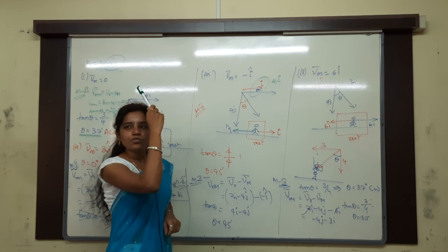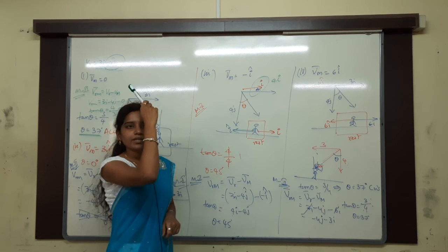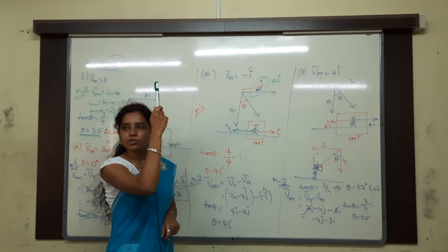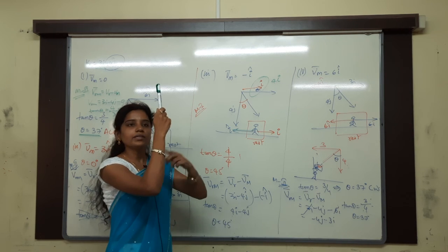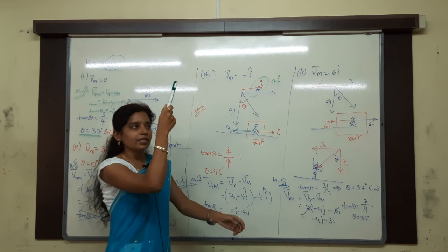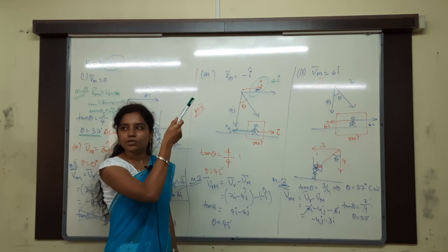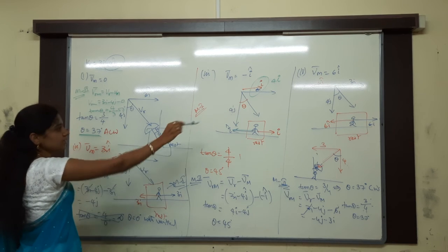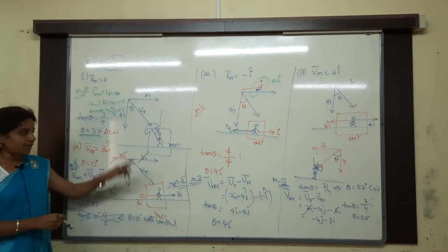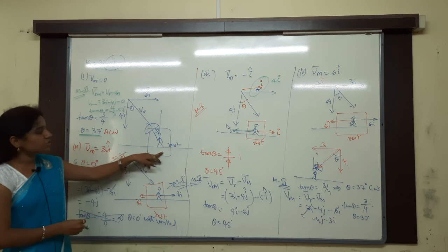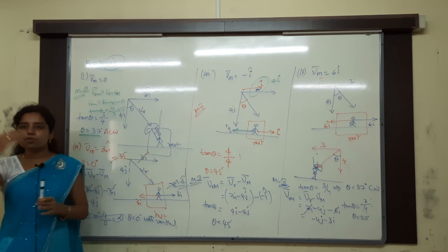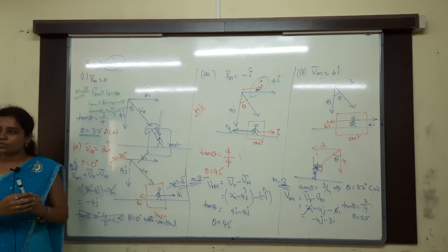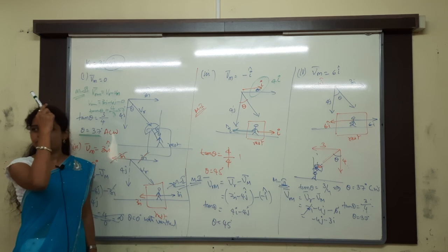Whenever I am moving with 3 meters per second, the rain appears to fall vertically downwards. I hold the umbrella like this. Whenever I increase my speed, the rain is falling in this direction, so I hold the umbrella in this way. See, these 3 cases are related. This case, that case, and the last case. Whenever the velocity of the man is 0, what happens? Rain is falling from the backward direction, so I have to hold my umbrella in this way.